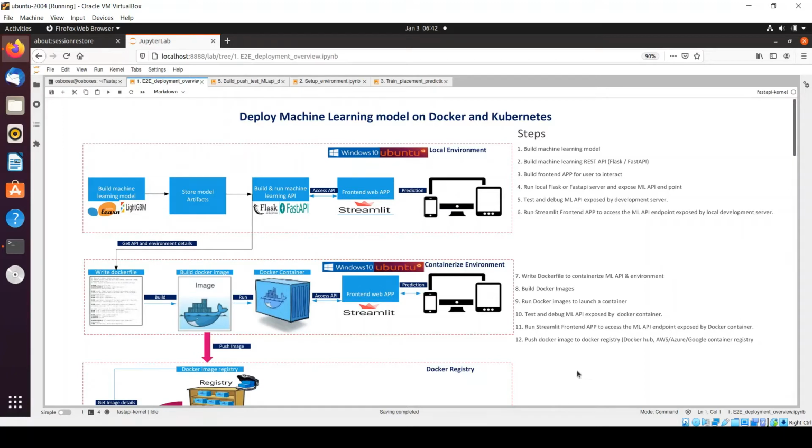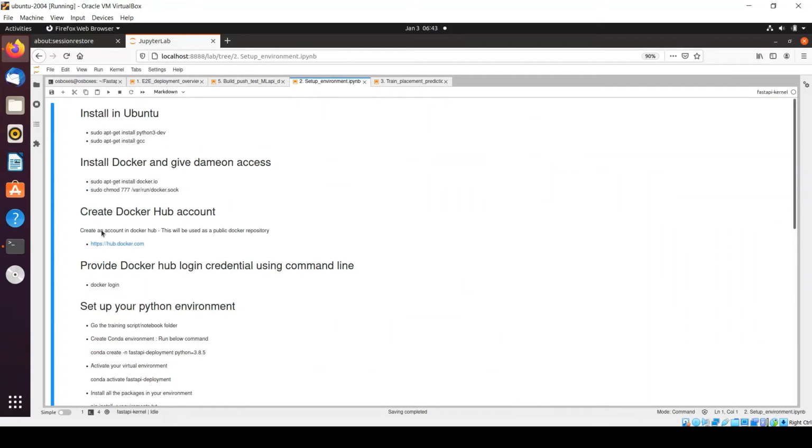First, we'll try to understand what is the minimum setup required for running Docker within your environment. And here, all the instructions given for installing Docker are based on Ubuntu. If you haven't installed Docker on your machine, you need to run this command for setting up Docker within your Ubuntu machine. Once it is installed, you need to provide read, write, and execute access to the Docker daemon, and for that, you need to run this command. After the execution of these two statements, your Docker is set up for running your application.